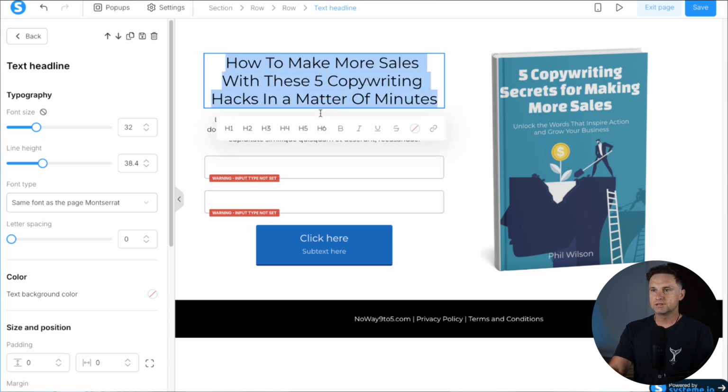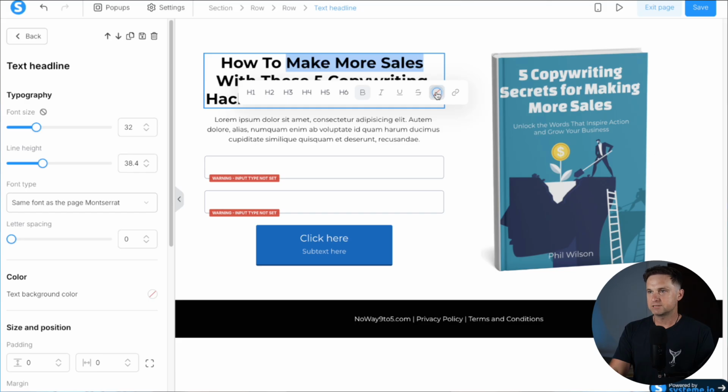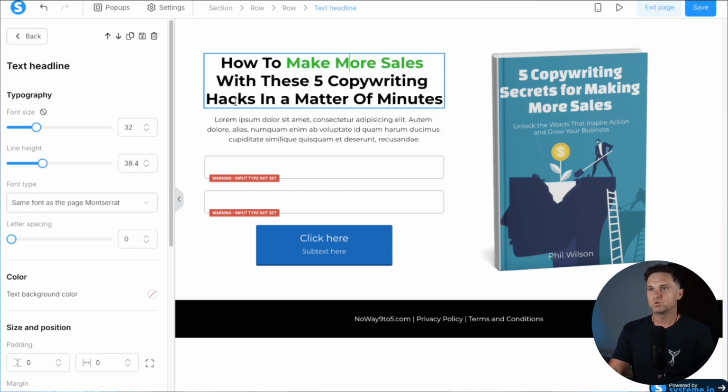So I'm just going to highlight all of that text, click on B for bold. I'm also going to change the colors a little bit just to make it pop. So make more sales is quite a predominant part of it. So I'll click on the color changer. I'll come to green, maybe something like that looks pretty good. It's got to be nice and readable still. Okay, and then we'll probably do